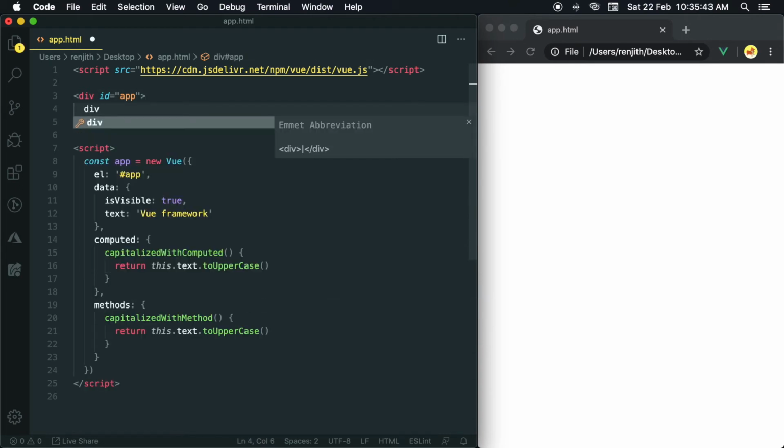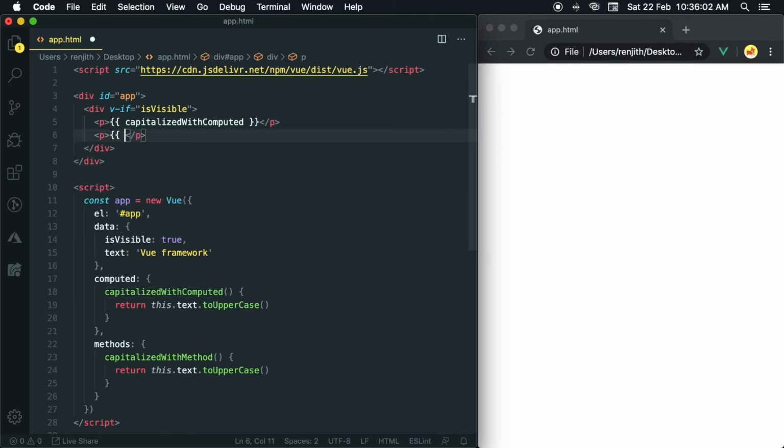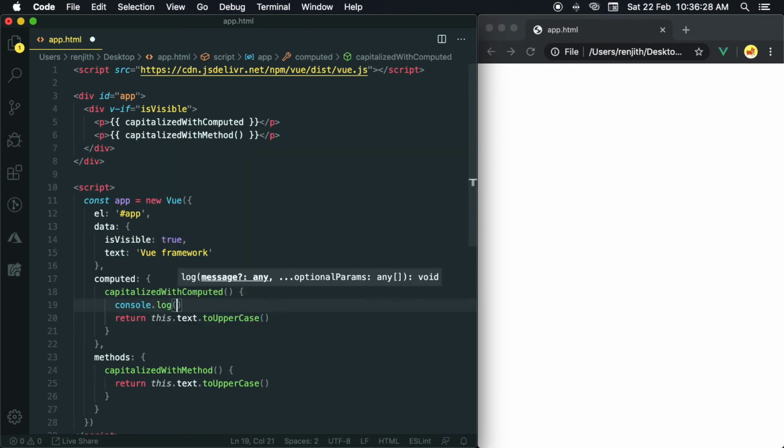Create a division and add a v-if directive with isVisible as the condition. Create paragraphs and bind the computed property and method. Please note the method should be invoked. Add console log in computed and method.